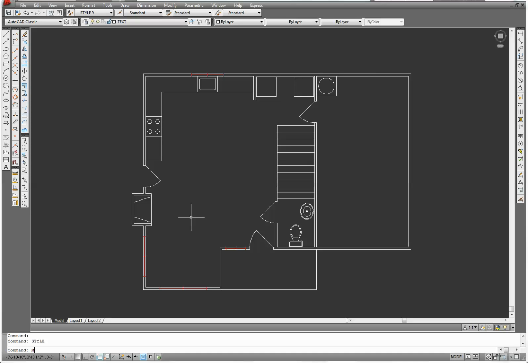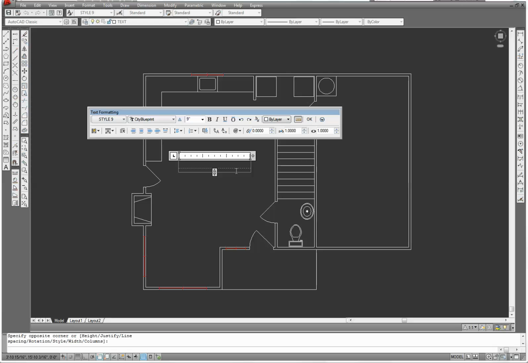Now type MT, enter, and that is for M text or multi-line text. Click on the screen and draw up and click open a text box. So here you can see we got the style 9 set up. If it's not, you can click on the down arrow and select it. The font is there. You could change that also here. We're going to use this center selection and we're going to set it to bold. Put your caps lock on and type kitchen,